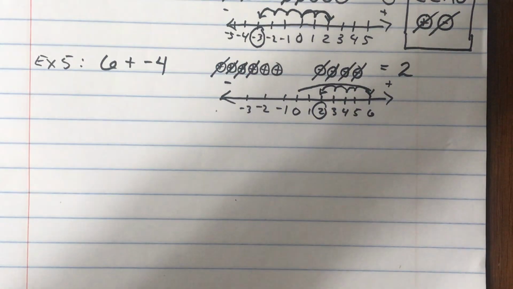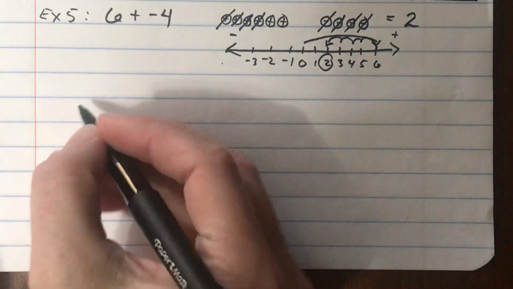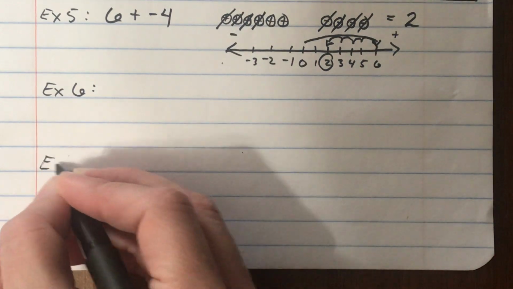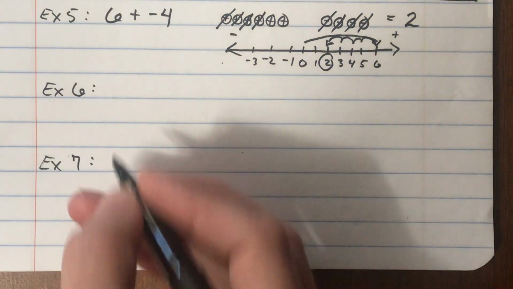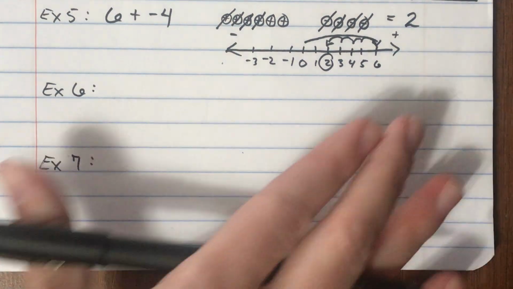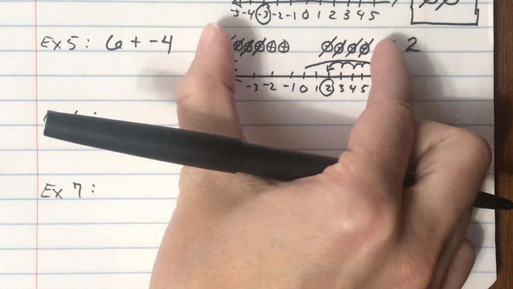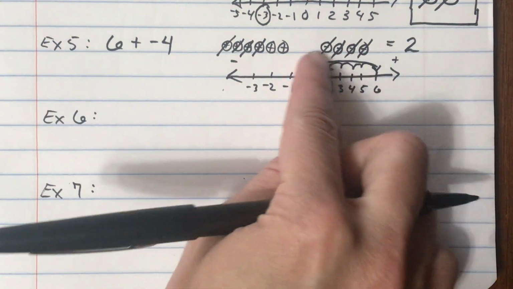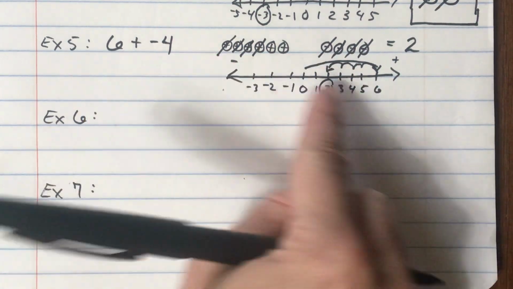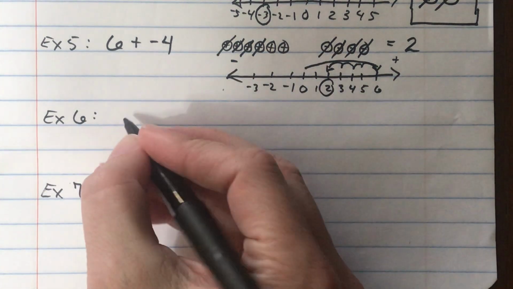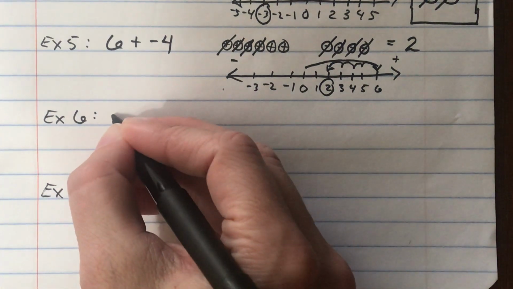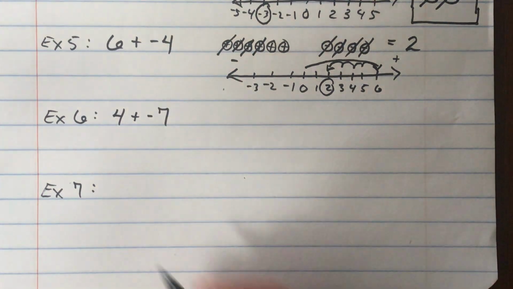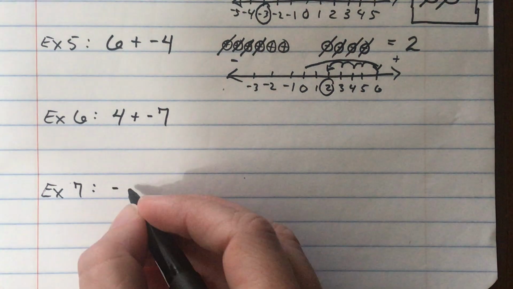So I'm going to give you 2 more problems that you can work on your own. So this is example number 6, and I'm going to skip 3 lines, and example number 7 to try on your own. You can pause the video once I write these down, check yourself, and then on your practice for today, you are going to practice modeling with chips, with the circles, and you're going to practice drawing out the path of traveling positives and negatives on the number line. So the problems I want you to work are 4 plus -7, and then I want you to work negative,